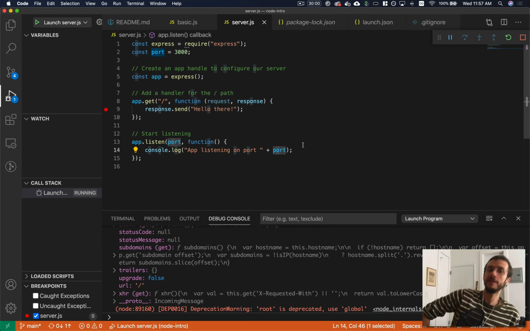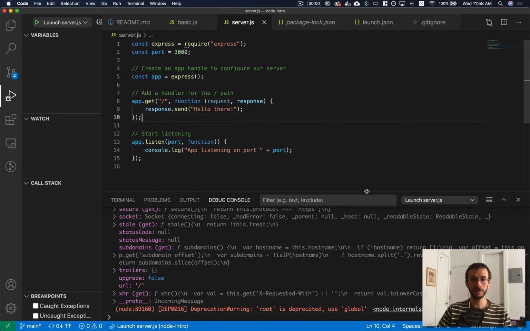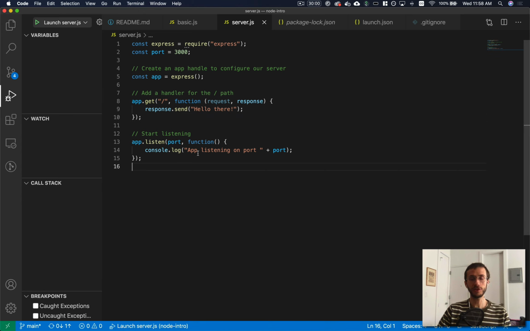Amazing. So that is a very, very basic web server. Now, probably we want to do a little bit more than just sending strings back, right? Like probably we want to send actual web pages. Now, to send an actual web page, there's a few ways to do it. The one that we're going to look at right here in class is as simple as sending the contents of